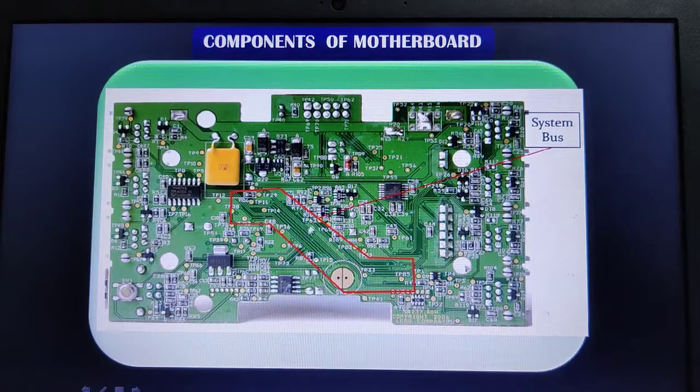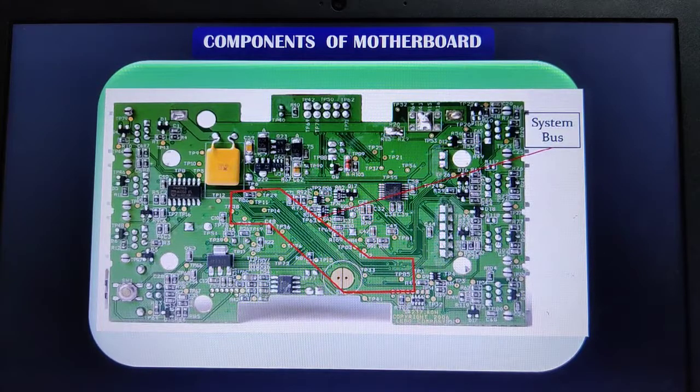These are fixed numbers; they cannot change. No matter how many wires are present in the bus, each wire is capable of sending only one single bit of data at a particular time. Suppose this bus has 16 wires, that means at a time only 16 bits of data can be transferred. If it has 32 wires, then at a time it can transfer 32 bits of data. So the number of lines determines how many bits can be transferred at the same time.